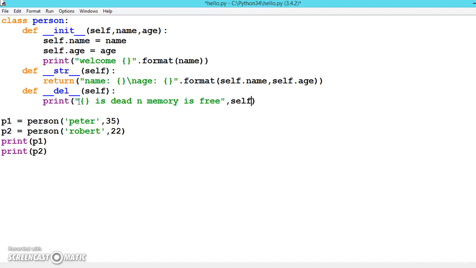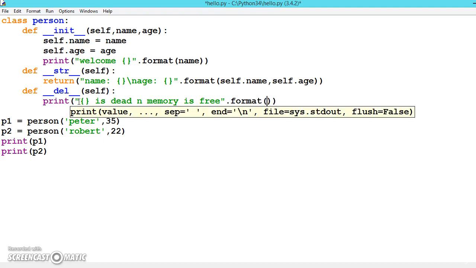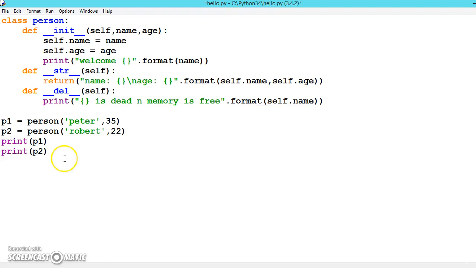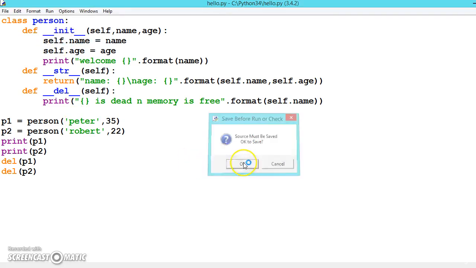Get it from self.name, first format, and inside that self.name. Now after finishing this we will be deleting it. Delete P1 and delete P2. So now just run it to see the output.